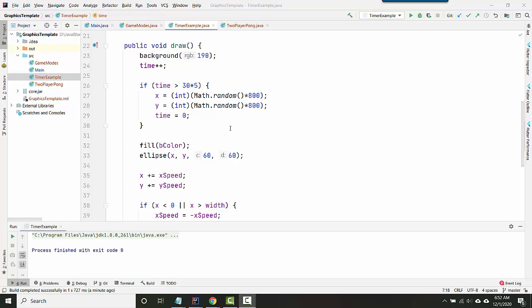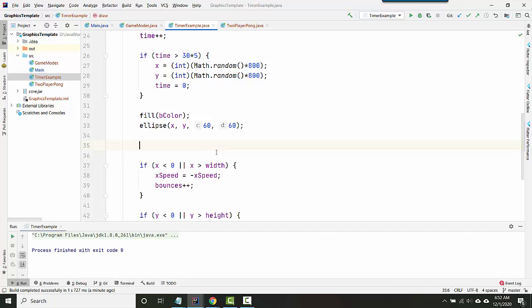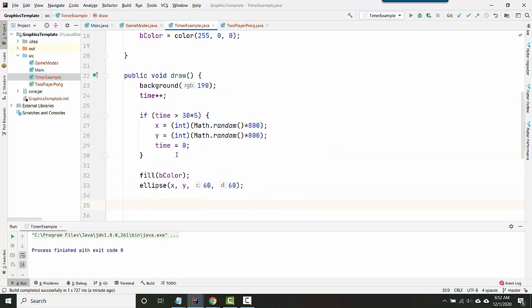Let's end by doing something slightly more complicated. Let's say that instead of having the ball bounce, we want to move it in a fixed action pattern. So we can also use a timer for that. Let's say I want the ball to move just left and then right, but according to a certain set of timings. So I'm going to say if